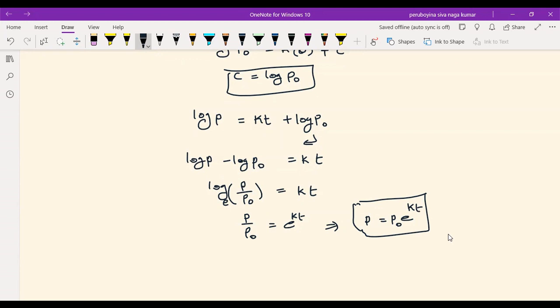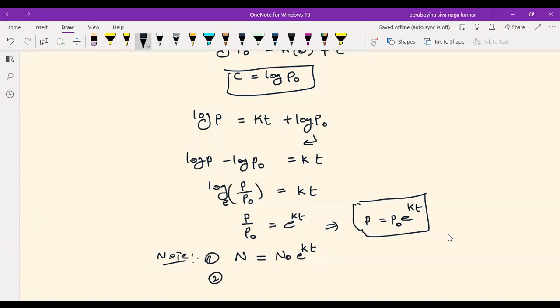If it was bacteria in a certain culture, at any time, the number of bacteria n will be n naught, where n naught is the initial number of bacteria, into e power kt, at a particular time, the number of bacteria. Okay. Similarly, you can also use